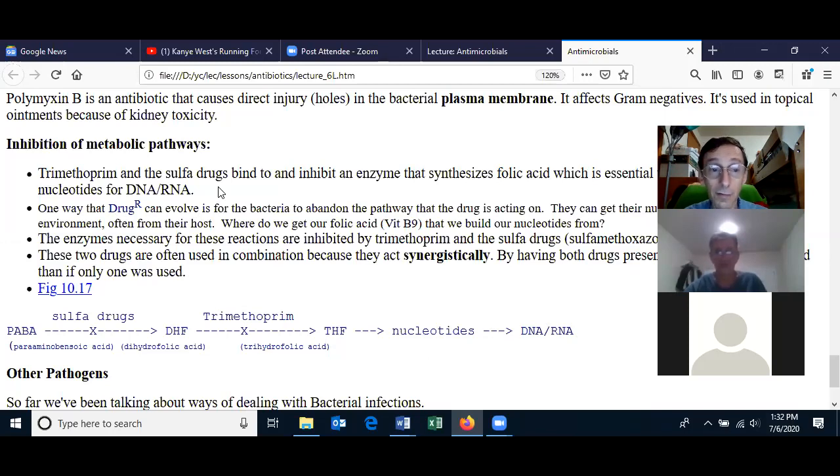Now, one way the bacteria cell can evolve drug resistance is they can get rid of this pathway. They can kill your cells or take trihydrofolic acid from your blood, because this is a B vitamin, and then build the nucleotide that way. Or get the nucleotide from your dead cells and then build their DNA. And sometimes that is how bacteria evolve drug resistance to either sulfa drugs or trimethoprim, or perhaps even to both of them. Just abandon this pathway.